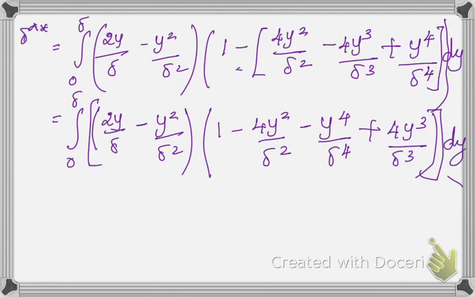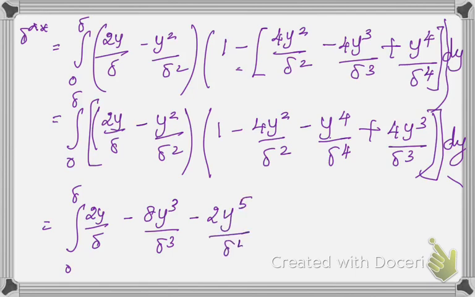Now again we are going to multiply each and every term, that is 2y by del into 1, 2y by del into minus of 4y squared by del square, 2y by del into minus of y power 4 by del power 4, and likewise each and every term is going to get multiplied. So I will be getting, first is 2y by del minus 8y cube by del cube minus, here y power 4 is there, so 2, only 2 I have to write, which is 2y power 5 by del power 5